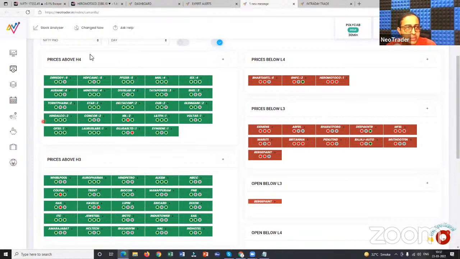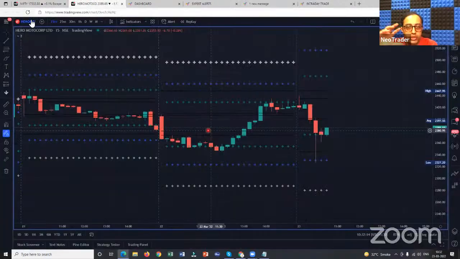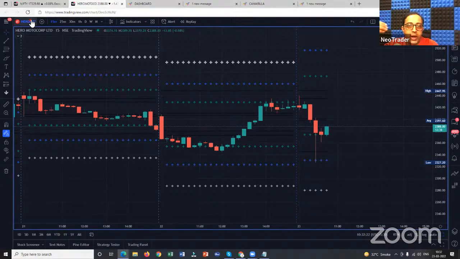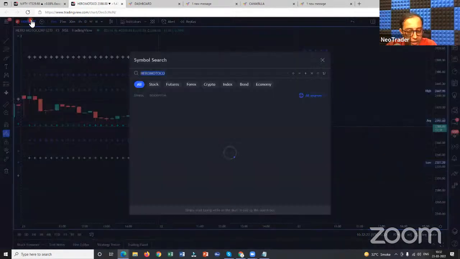Now you can see, for example, if I just take Pfizer, here you got a score of 1. So there is a certain way to deal with the score, and that we cover as part of our NeoTrader family. We conduct various sessions on showing you how to use that scoring methodology, how to use that scoring approach. Score of 1 is just an indication. As the score increases, you need to act. When to act, how to act, what to see, all those things are what we cover as part of our